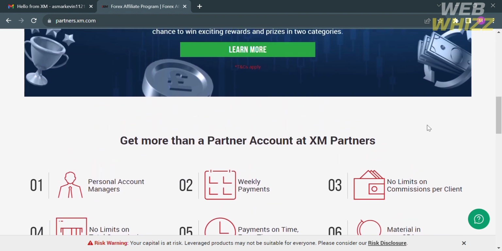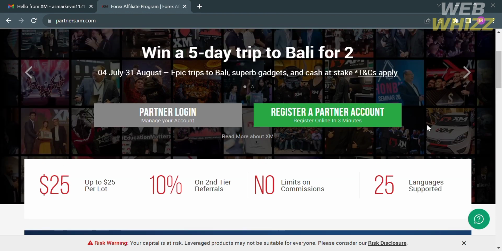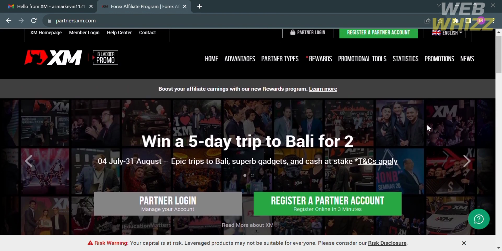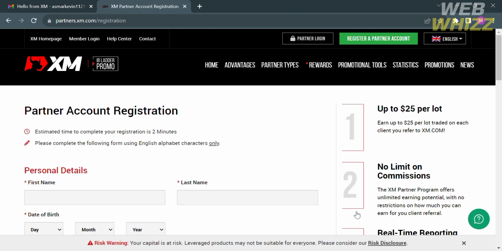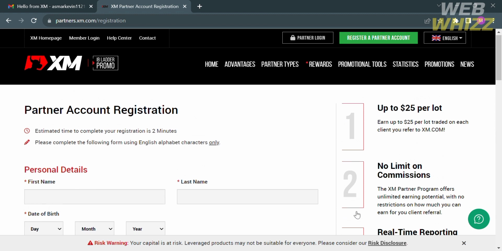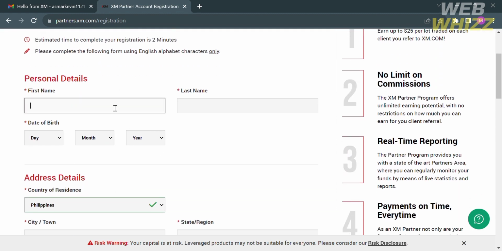instruments. And now from here, in order to register or join to XM affiliate program, just proceed by clicking Register Partner Account button in here, in which upon clicking on it, you will be directed in this page. And from here, all you need to do is to fill out all of the required information, including your personal details such as your first name, last name, your birthday, and your address details, including your country of residence, city